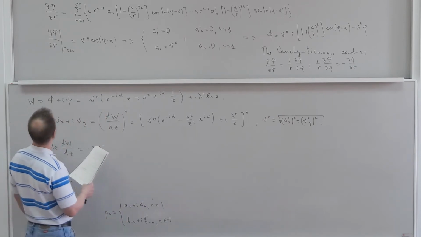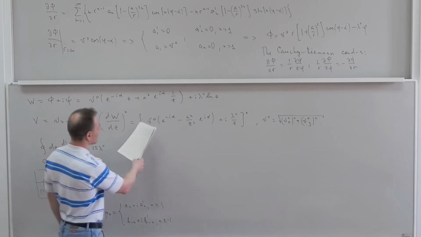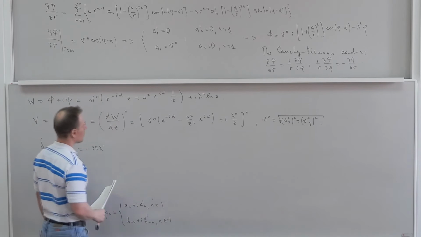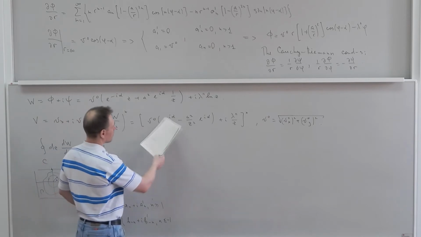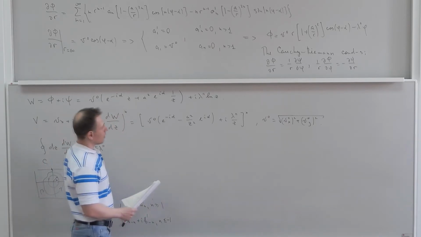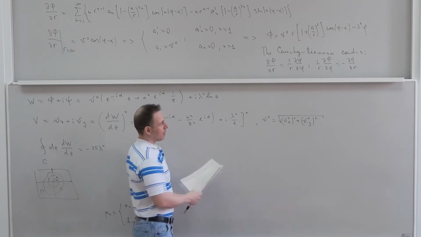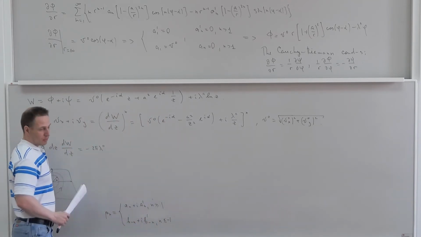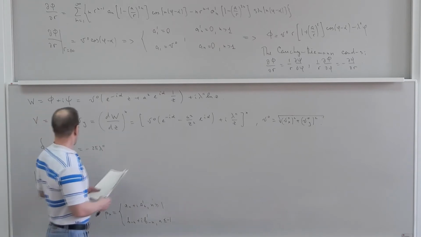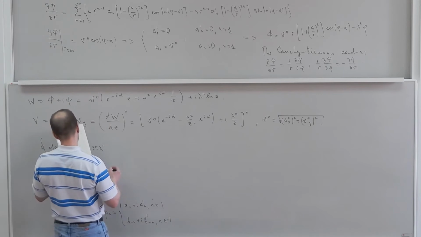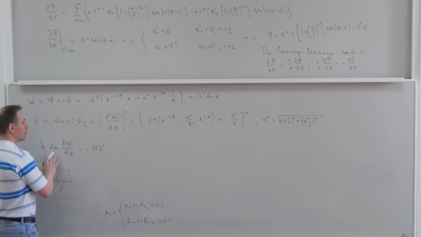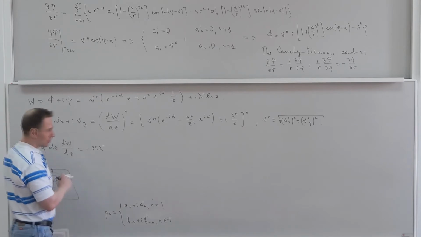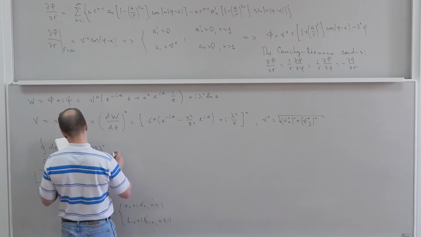For example, we must differentiate. In fact, this is the derivative of the function w, and these two terms give nothing to this integral because there are no terms proportional to 1 over z, and the only contribution comes from here, and it is equal to this expression. But we already gave the physical meaning of the real and imaginary parts of this expression in the previous lecture, and thus we see that